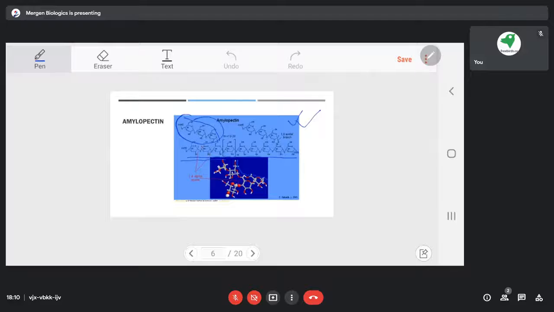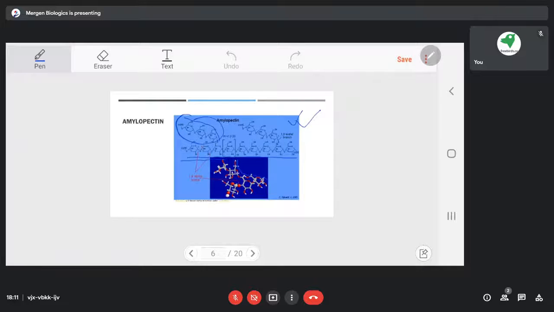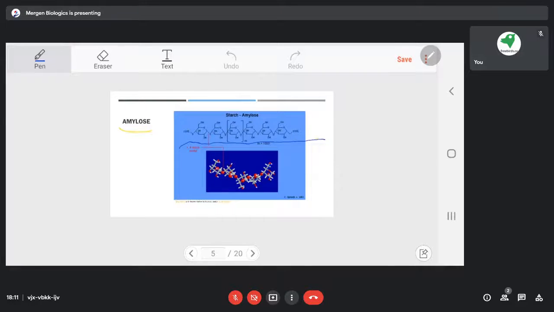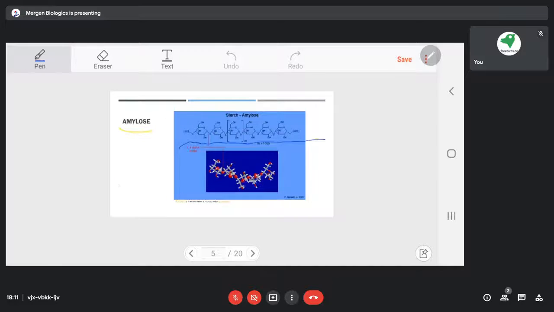But in nature, both amylopectin and amylose are present. The amount of amylose in any food item is much more than the amylopectin. So when we add iodine to any food item, the amylose will give the dark blue color, which is so overpowering that it overpowers the yellowish reddish color given by the amylopectin. Amylopectin will give a yellowish reddish color, but this is overpowered by the dark blue color given by amylose.